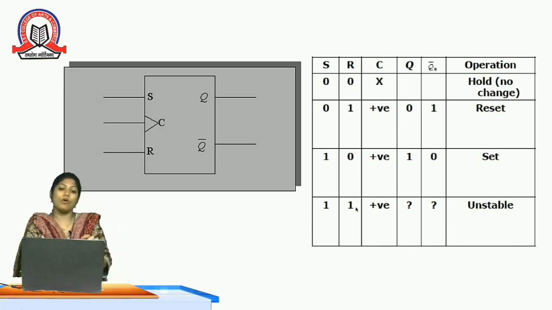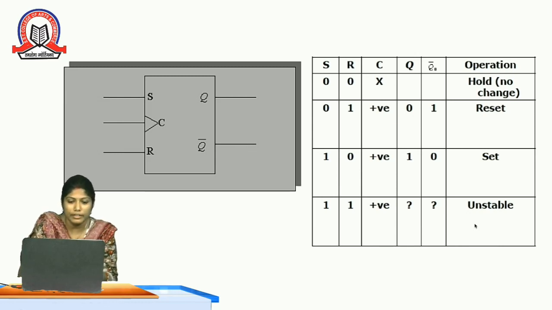Again, this is the problem. When both the states are 1, that is S and R are 1 in the clock pulse in the positive cycle, then this doesn't provide any valid state. This is the problem in SR flip-flop. It can be either set or reset. So this state, that is the question mark given here, is called as unstable state. So for this, basically this state should be avoided. For that, we are using another type of flip-flop.